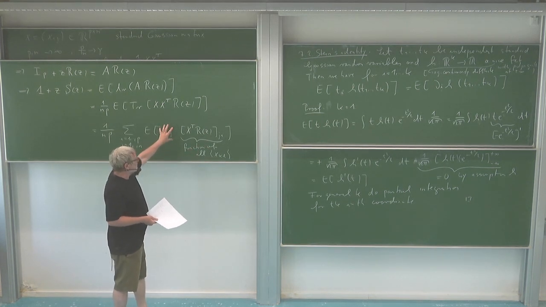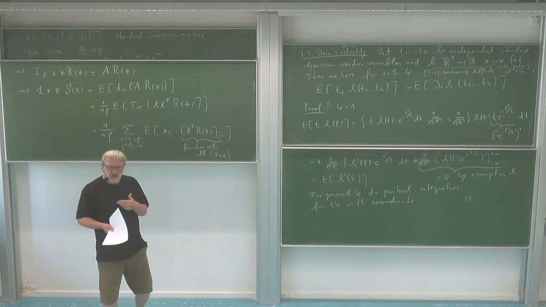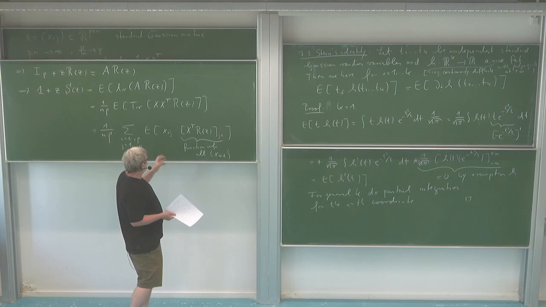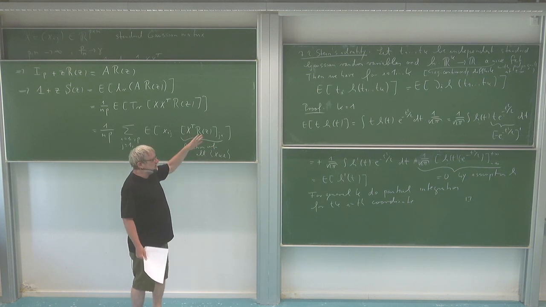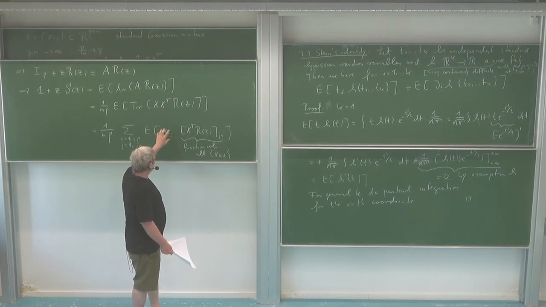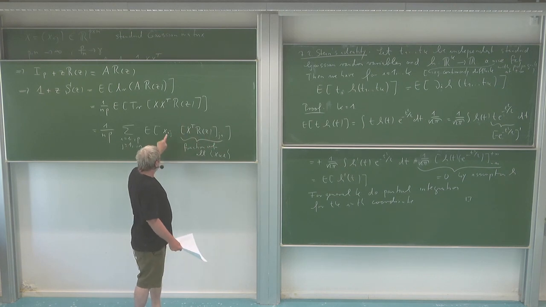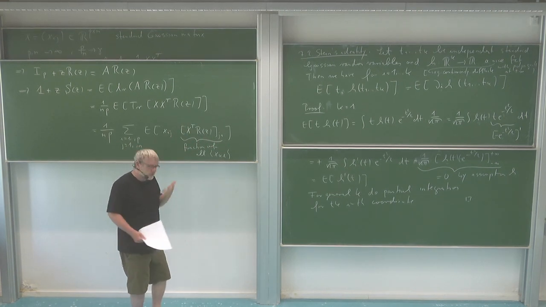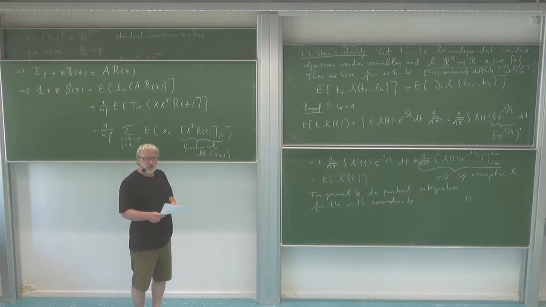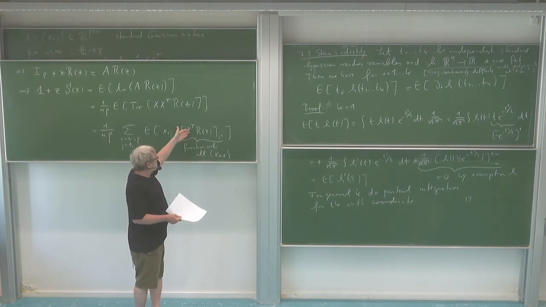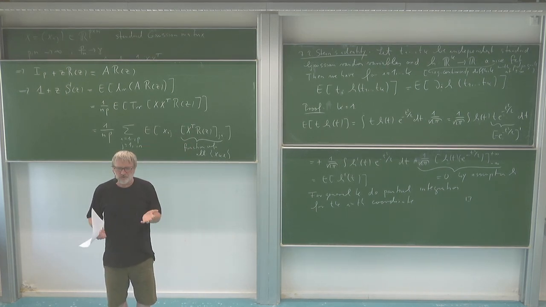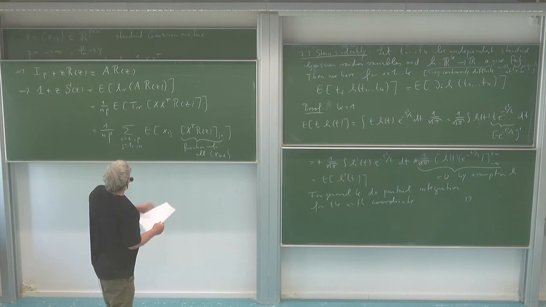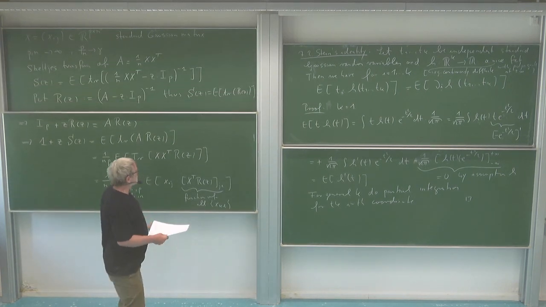I have a collection of independent Gaussian variables, the entries of my matrix X, and here I have the expectation where I multiply one of those variables with a function of another. And then this tells me, instead of multiplying this, I can also take the derivative of this with respect to this variable. Of course, now I have to understand what is the derivative of this thing. But this is clear, the resolvent is essentially the inverse of something, and taking derivatives of inverses is also not too complicated. So this is really where we can write down concrete formulas. Good, but we have to go back to this and see what we get there.